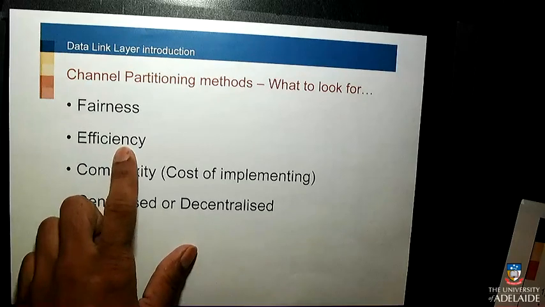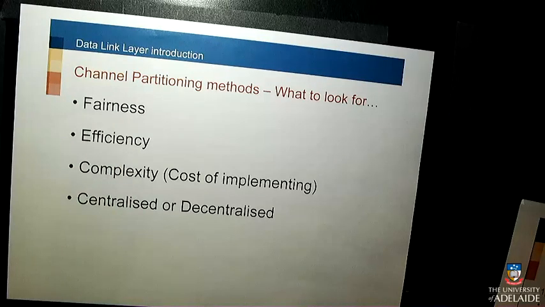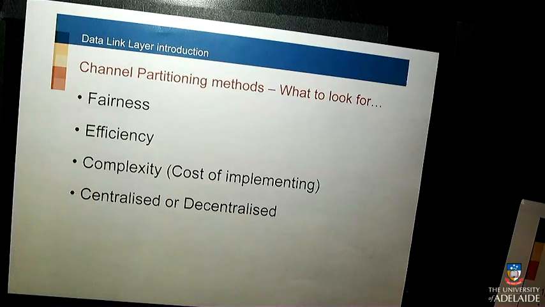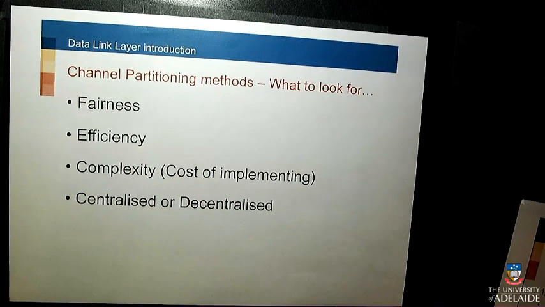So how efficient is your multiple access protocol? How much of the available bandwidth can a user use? If I have 1 gigabit to send and no one else has any data to send, why shouldn't I be allowed to use the whole bandwidth, right? Okay, so efficiency. Complexity is really about, so at the end of the day, you can come up with the funkiest protocol